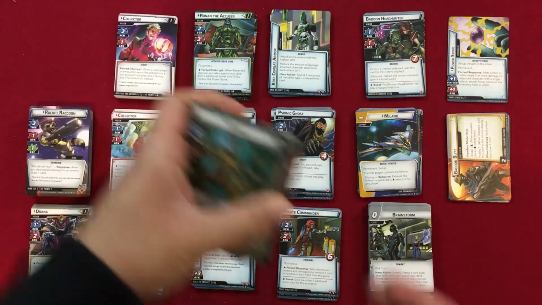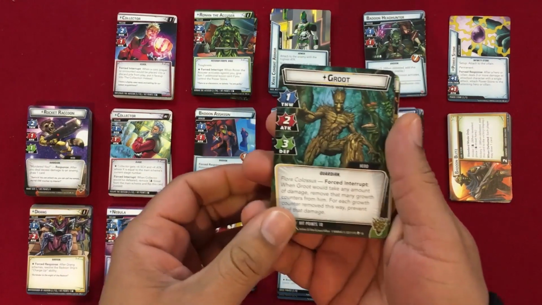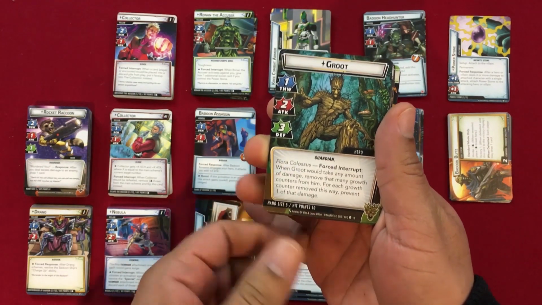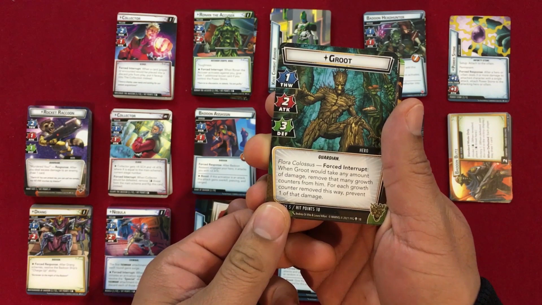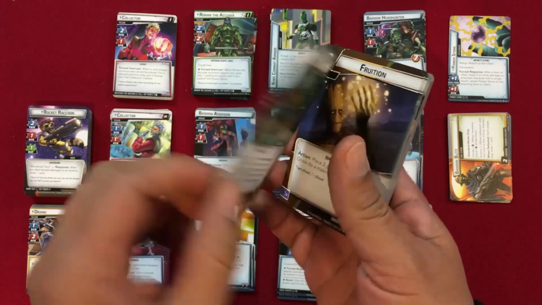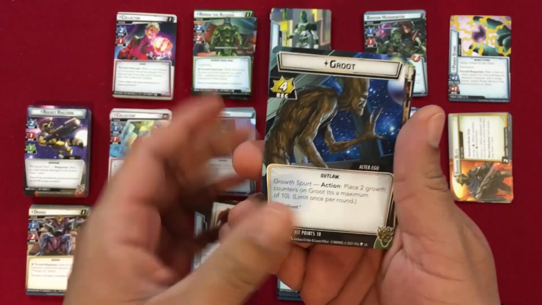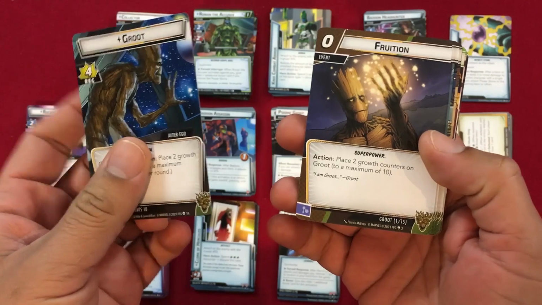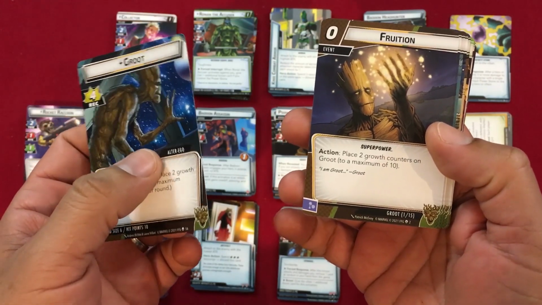So let's start with Groot. Now, Groot is a Guardian. He's the Flora Colossus with a Force Interrupt whenever Groot would take any amount of damage. Remove that many growth counters from him to prevent damage. Now, in his alter ego form, you may place 2 growth counters on Groot up to a maximum of 10. Then, as you can see, he's got a superpower, place 2 growth counters on